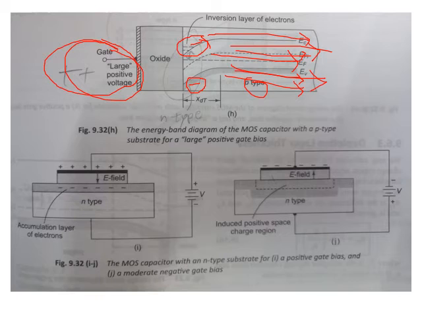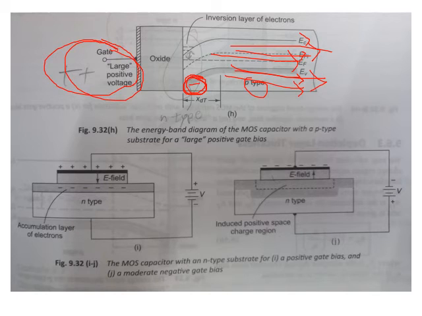Holes were represented near the valence band. Correct. Why? Because holes cannot move into the conduction band. But electrons can move into the conduction band. Yes or no? Therefore, the electrons are shown here. I'll just clear the screen for you. See here the electrons are being shown: 1, 2, 3, 4, 5. These electrons. Are you people able to see? Yes or no?